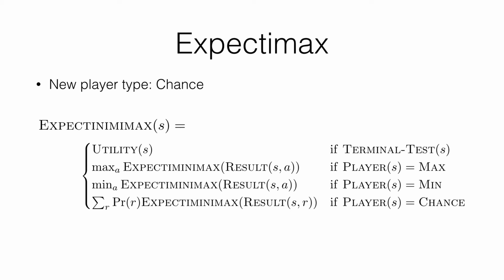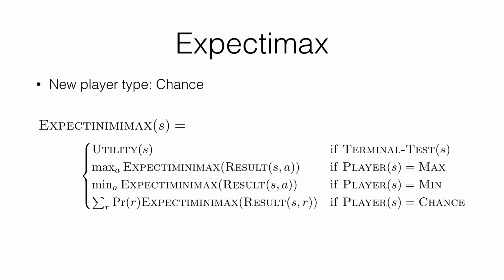And you can see at the top it's got the same terminal condition, right? Where if there's a terminal test, you use the utility score, or it could be a cutoff test if you want to do the approximation of the full expected minimax value. And then the max player does the same thing. It looks at the expected minimax values of the possible children it can reach through actions, and then the min player does the same thing, and then they respectively choose either the maximum scoring option or the minimum scoring